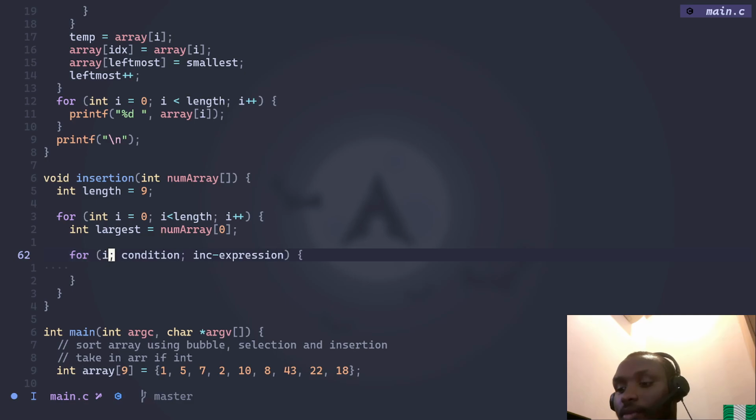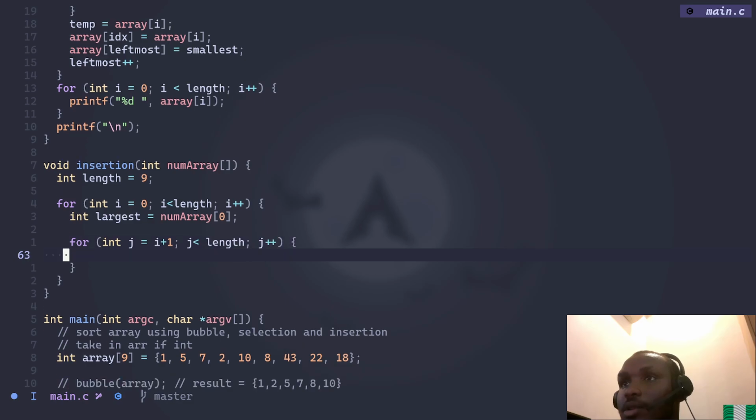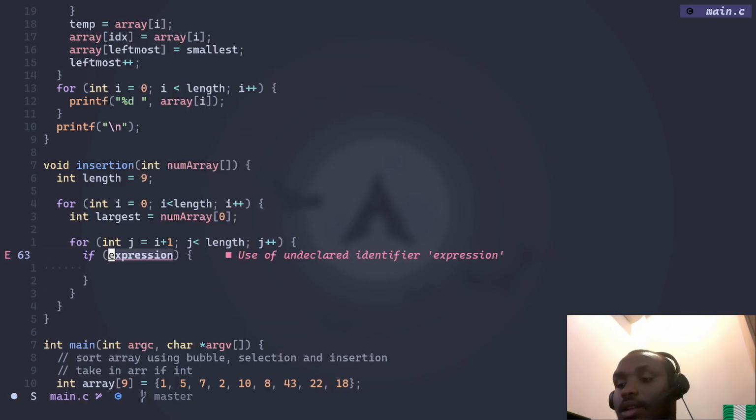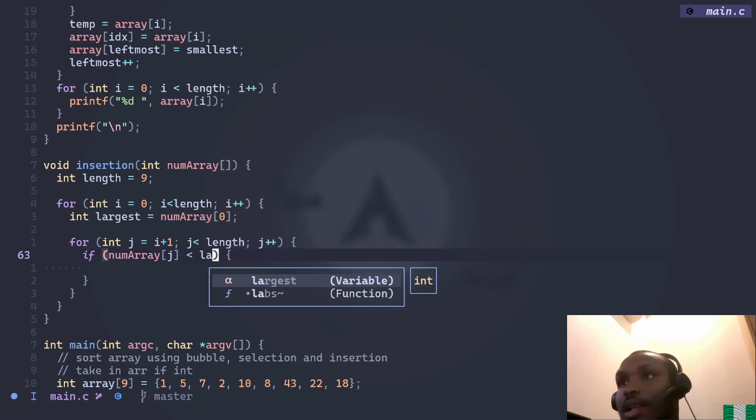J is equal to whatever i is plus 1, then j also less than length, j plus plus, then we go if, then let's see, if whatever is there at j, if it is less than the largest,